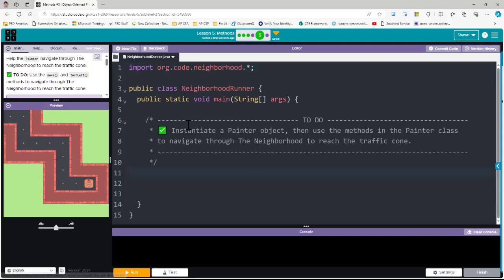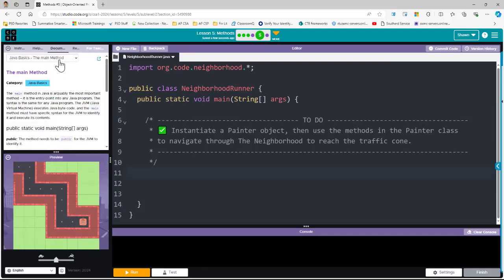So first thing we're going to do is this is all under the idea that there is a class. It's hidden. You can't see it. We can't see the code. It's called Painter, right? We know what all the methods do. And if you are curious on what those methods are, you can always go to documentation here, and then I can pull up